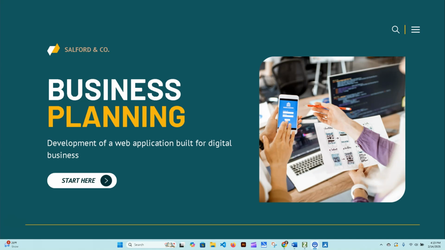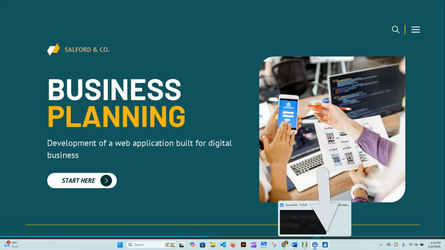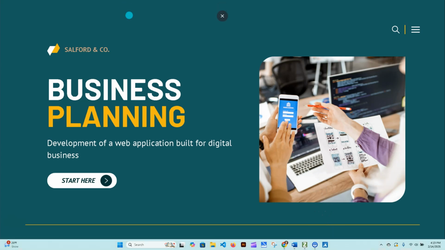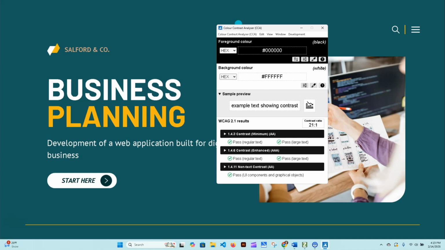It is from TPGI. It is a free app to download on Windows desktop or a Mac, and it is a great tool to check for contrast. I just have it pinned here at my toolbar, so you click it open on the page you want to test. It starts at the top with choosing your foreground color. So you have the hex code here. You can change this if you prefer to work in RGB or HSL or any of these other color systems. I always keep it in hex because that's kind of what people know the best. It shows your hex code here, which you can easily highlight and copy and paste if you need to.